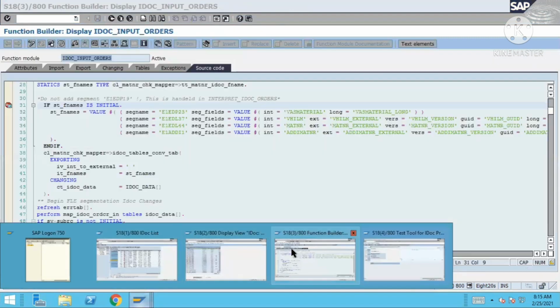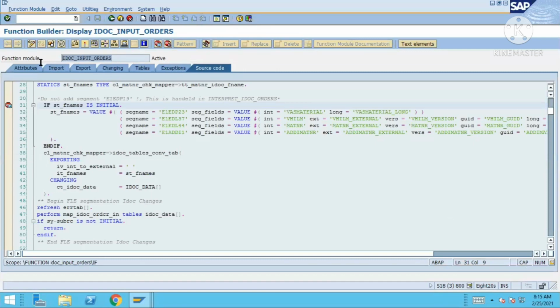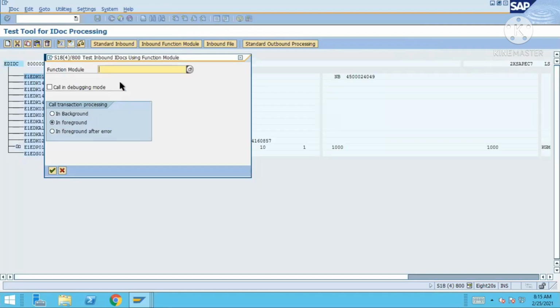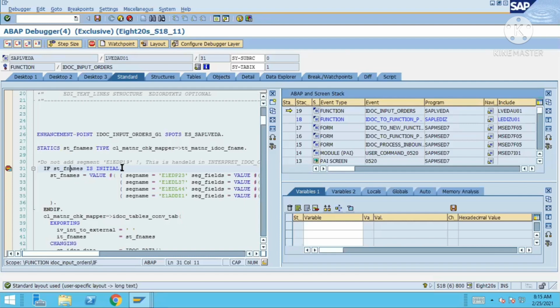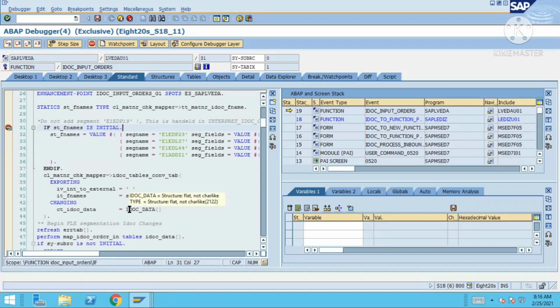Paste this one and click on the OK button. Once you click on the OK button, see here it got triggered. So from WE19 it's getting triggered, so maybe you can just try through WE19 and check it.